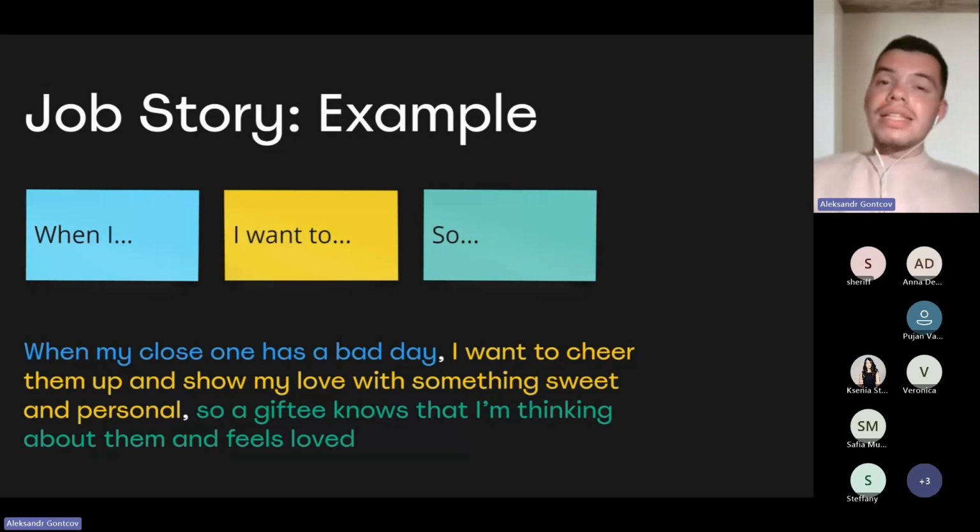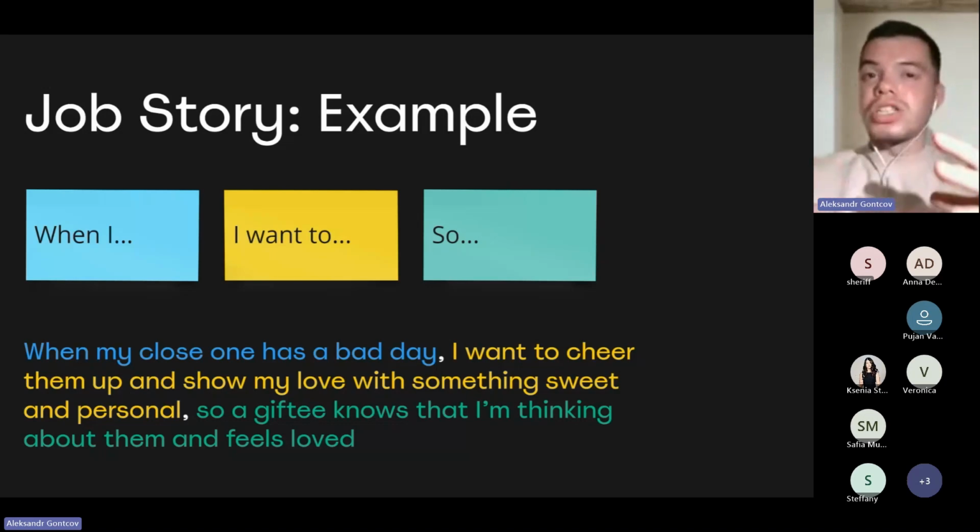And the outcome is not a profit for a customer itself, but it's indirect. It's for a giftee, and a giftee knows that a customer thinks about them and feels loved. So for the customer, it's a pretty close to a heart story, a pretty close to a heart narrative. And based on that story, we can actually develop products, narratives, and marketing campaigns that will help us to capitalize on every aspect of a job story, on every aspect of the narration that we have.